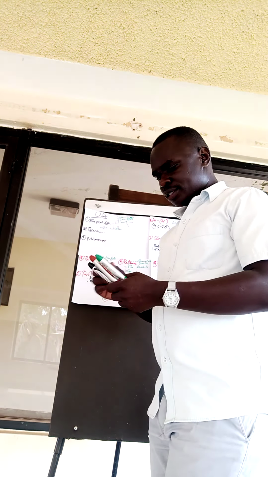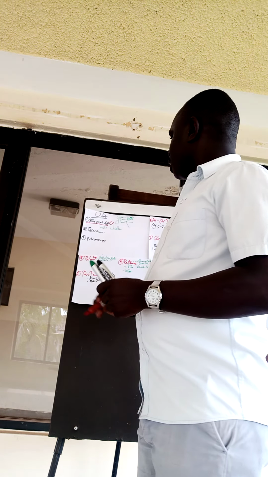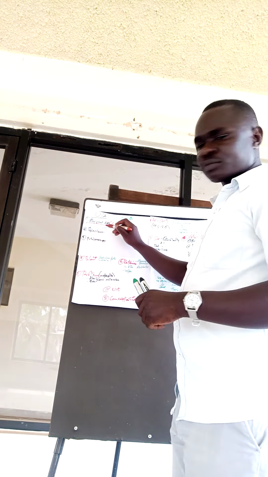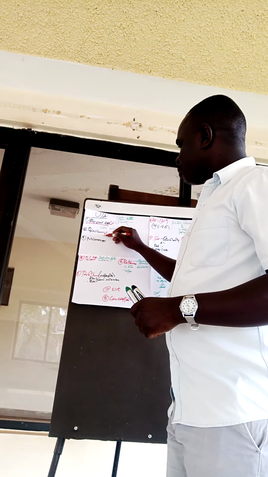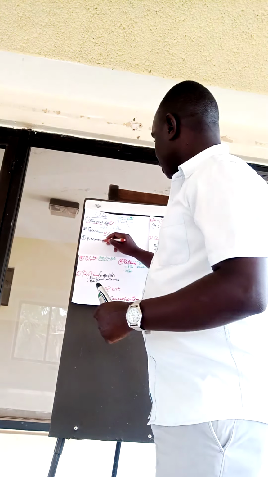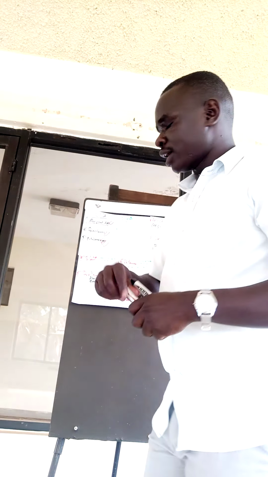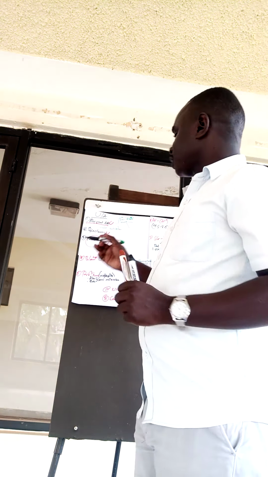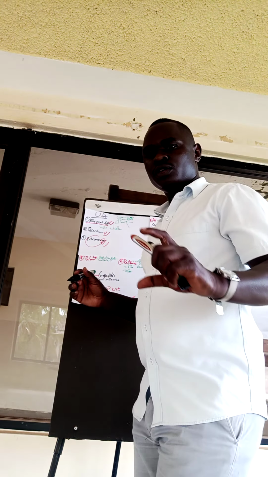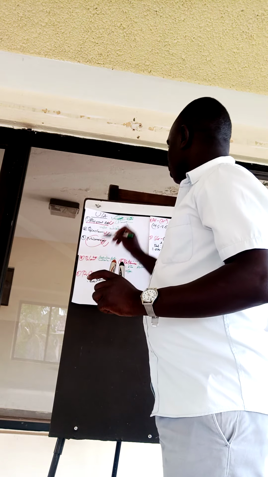On urinalysis, we're going to have three aspects. First, we're going to see the physical appearance of urine. Then we are going to check the biochemistry part, where we are going to analyze every parameter. Lastly, we are going to look at microscopy. To start with, on the physical appearance, we are going to check the color, meaning how the urine looks. On the clarity, the urine is clear, or